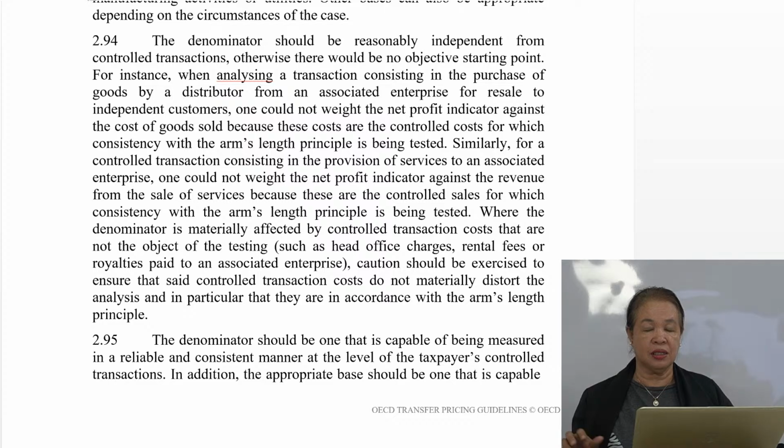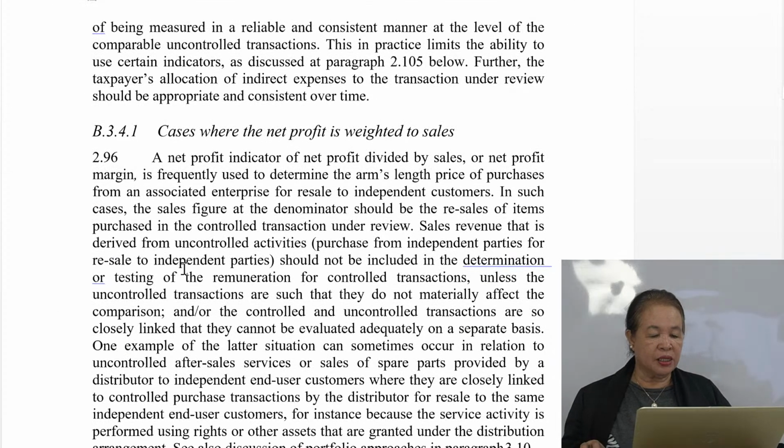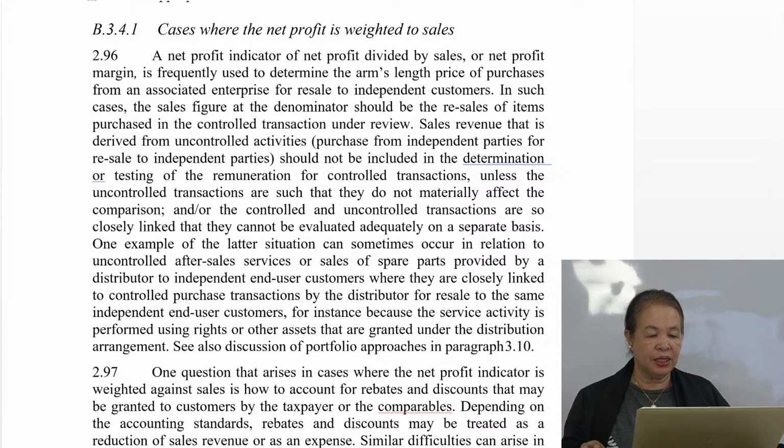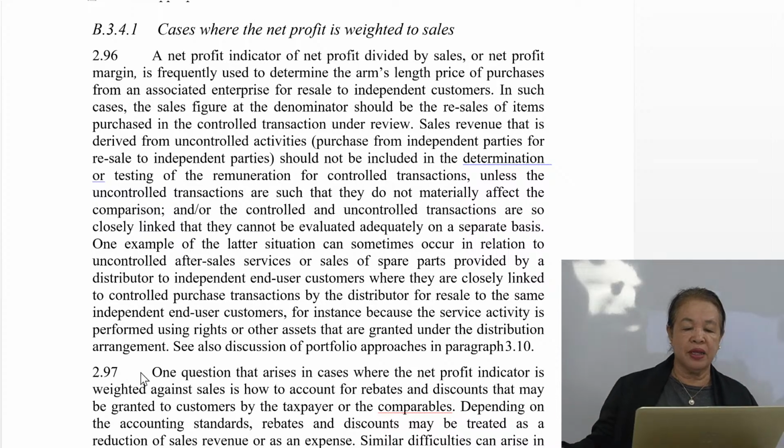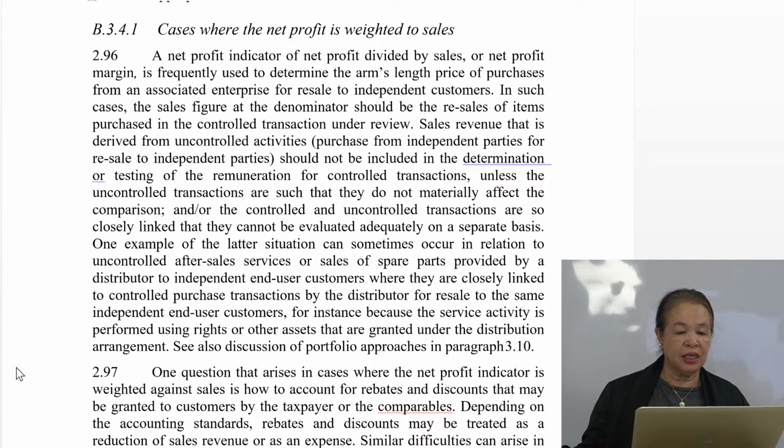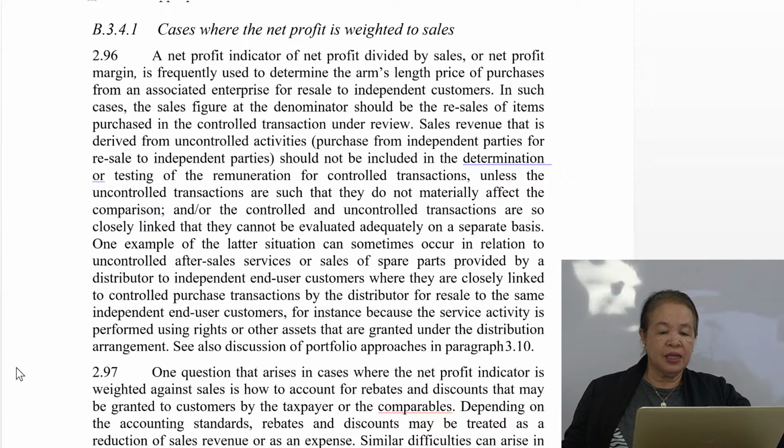So consistency is important. Cases where the net profit is weighted to sales. So a net profit indicator of the net profit divided by sales, or net profit margin, is frequently used to determine the arm's length price of purchases from an associated enterprise for resale to independent customers. In such cases, the sales figure at the denominator should be the resales of items purchased in the controlled transaction under review. Sales revenue that is derived from uncontrolled activities purchased from independent parties for resale to independent parties,